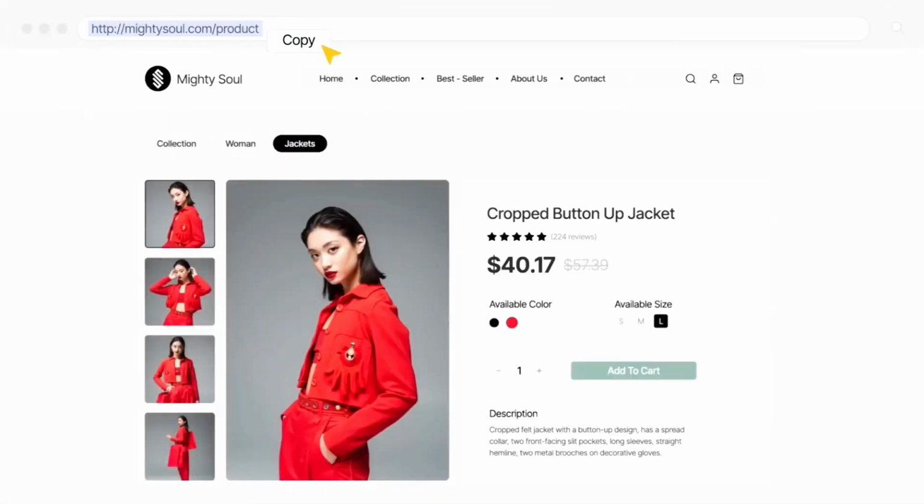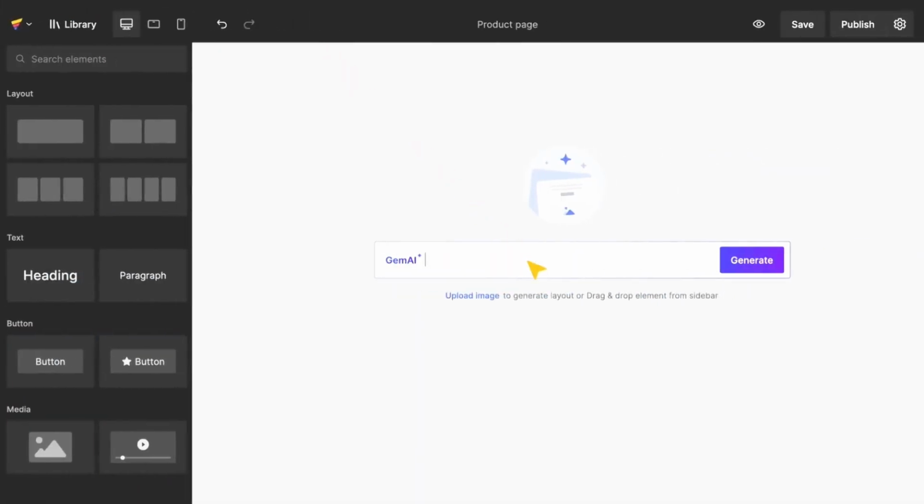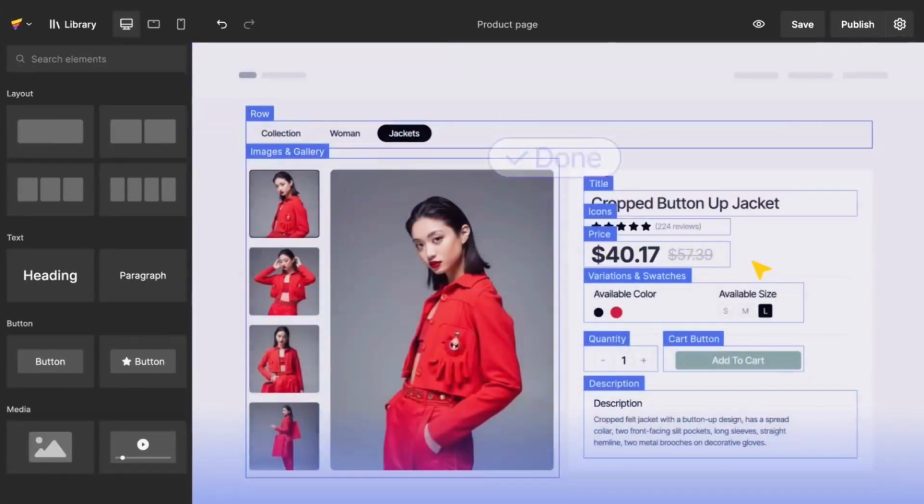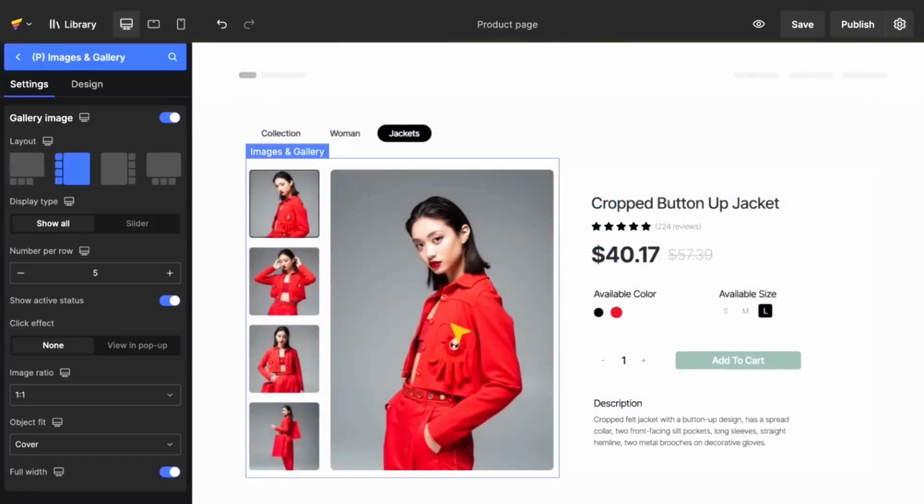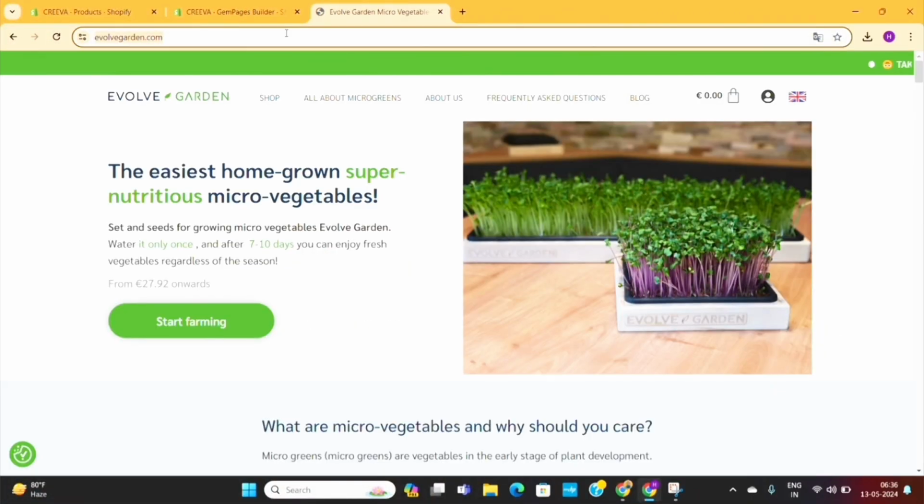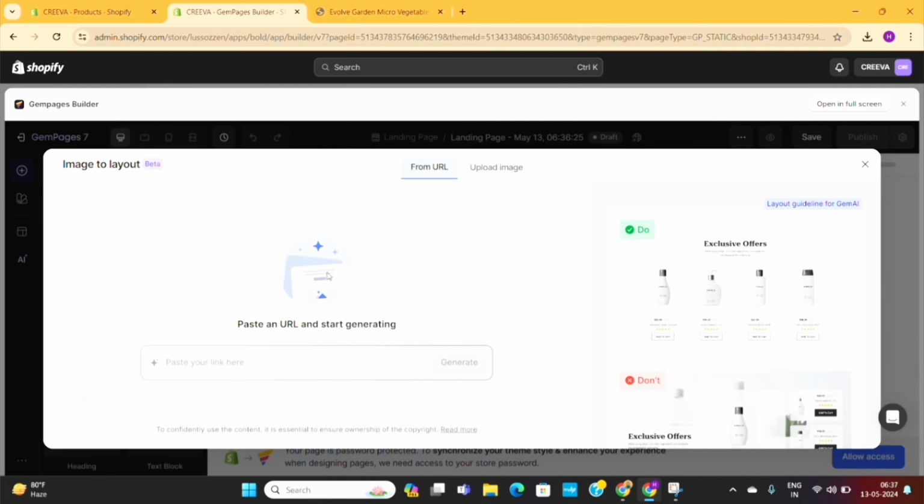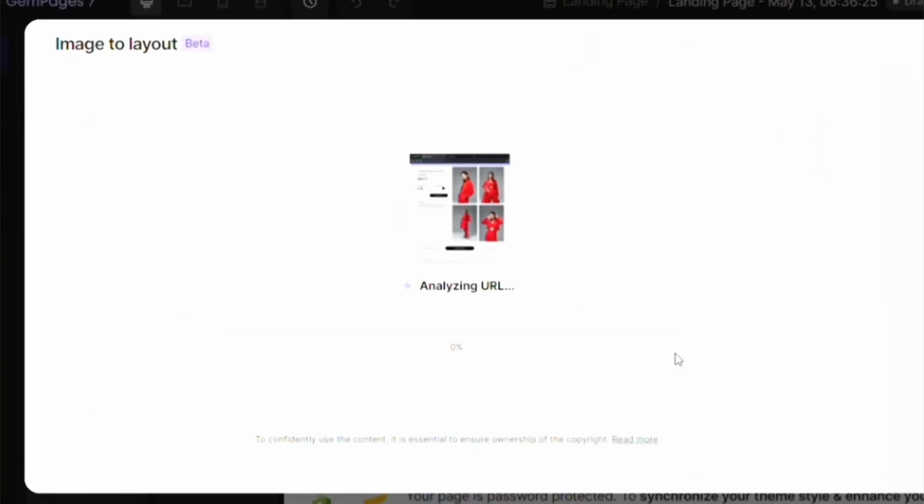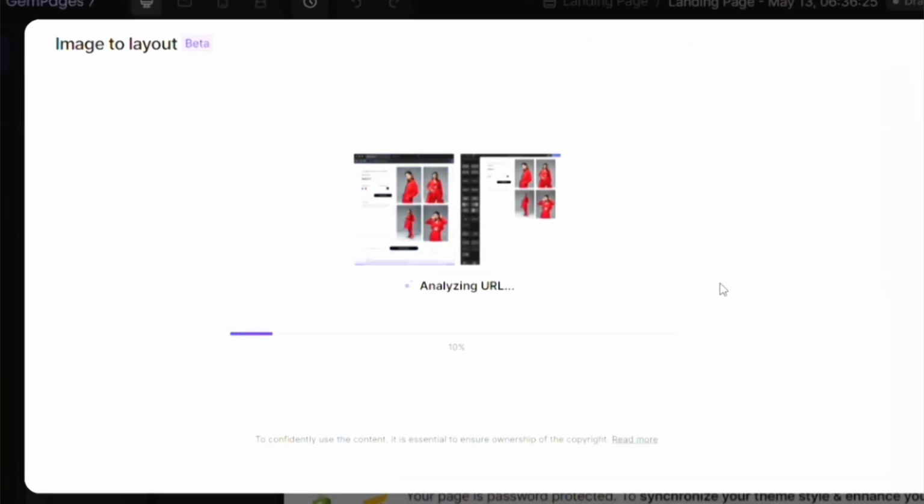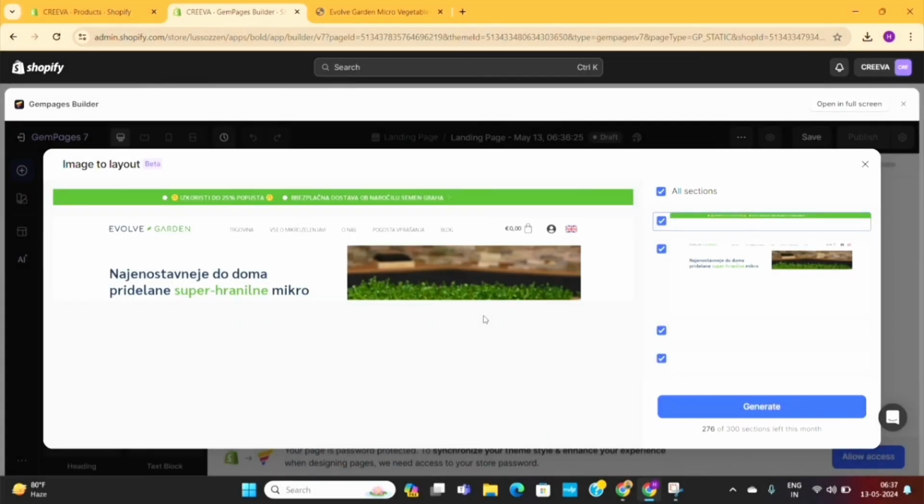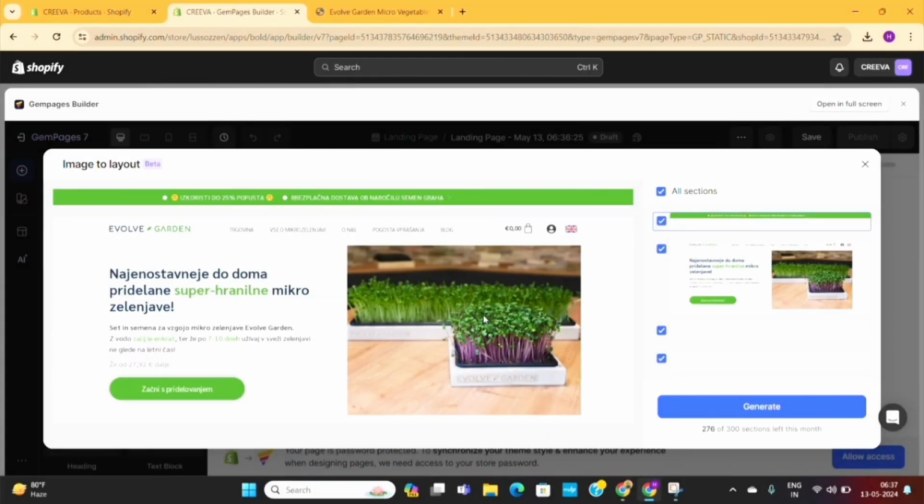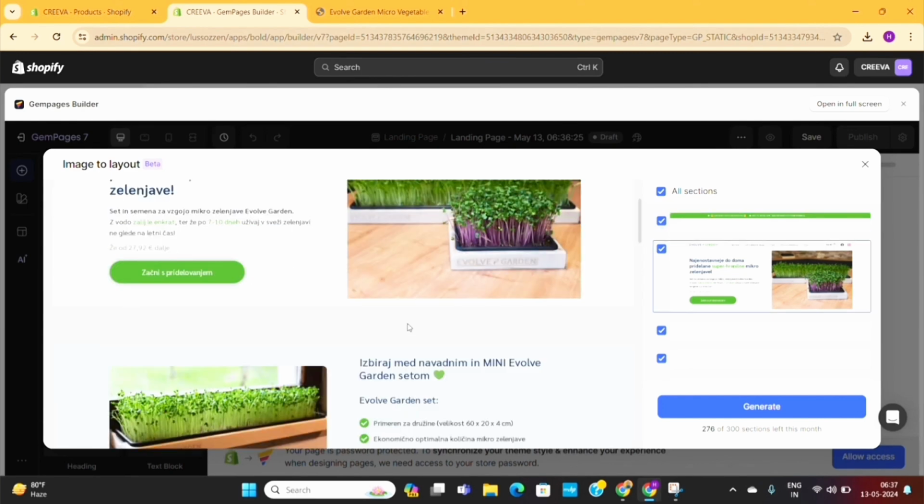One of the most amazing features of this app is that it can clone any website or e-commerce store with the help of AI. You only need to copy the URL of the store you want to copy, and then paste it on the Gempages editor, and within a couple of minutes, Gempages AI will generate the same page for you. Then you only need to change the images, text, and colors of the page, and your store will be ready